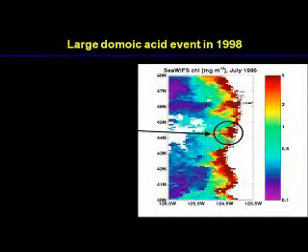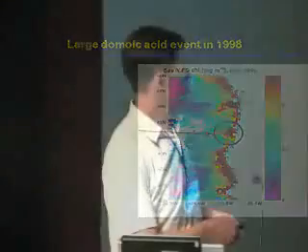So using these data, we've also looked at regions along the coast that repeatedly experience toxin accumulation. And I'll show this slide to explain the complexities of trying to determine if a bloom is toxic or not. On the left-hand side here is some in-water data of domoic acid concentrations. These are water samples that were sampled for the presence of domoic acid during an intense diatom bloom in 1998.